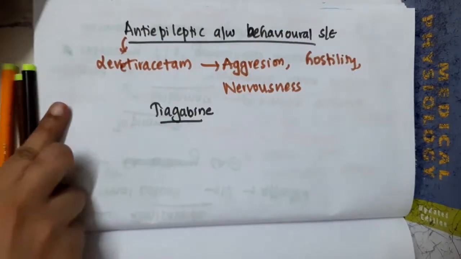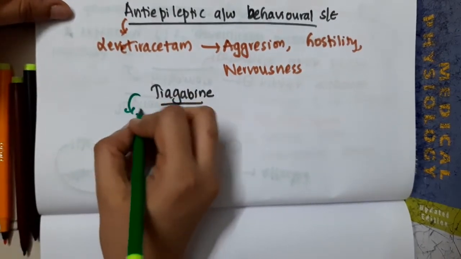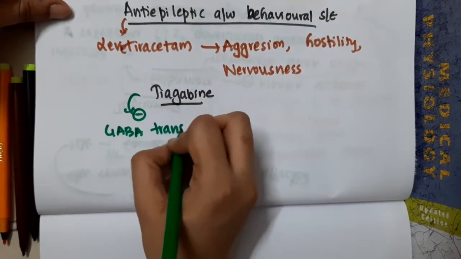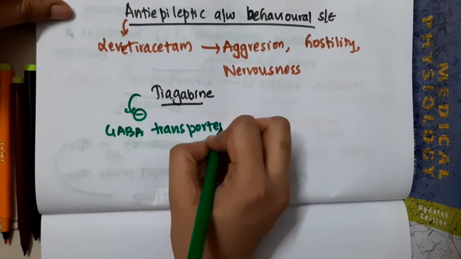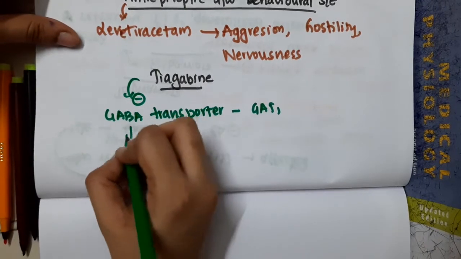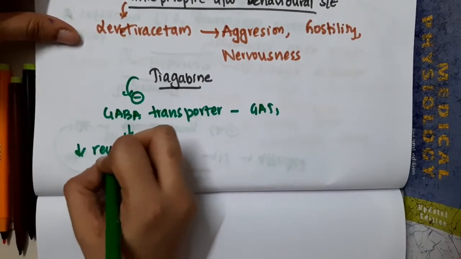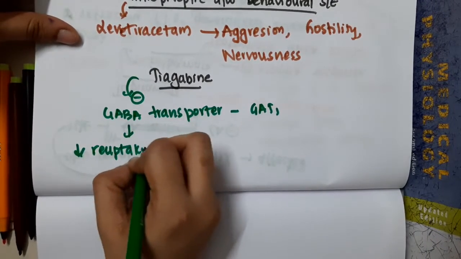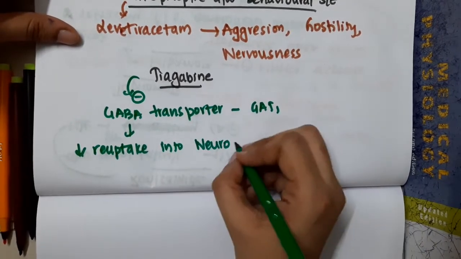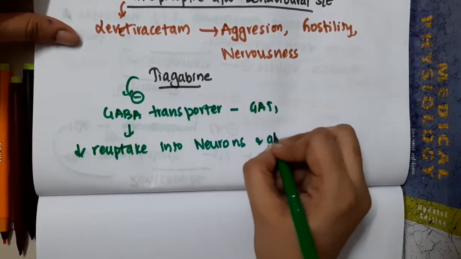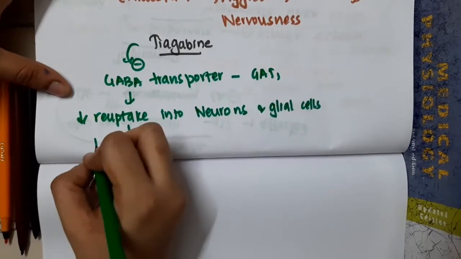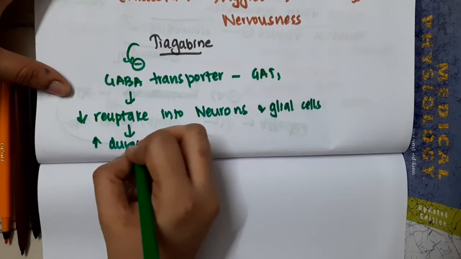What does tiagabine do? Tiagabine inhibits the GABA transporter, which is GAT1, and thus it is helpful in decreasing the reuptake into neurons and glial cells. By decreasing reuptake, it will increase the duration of